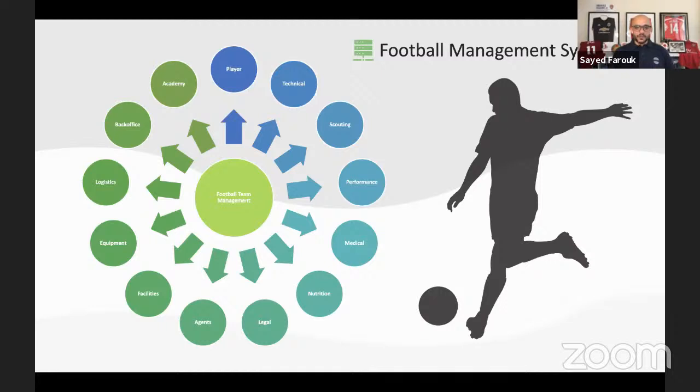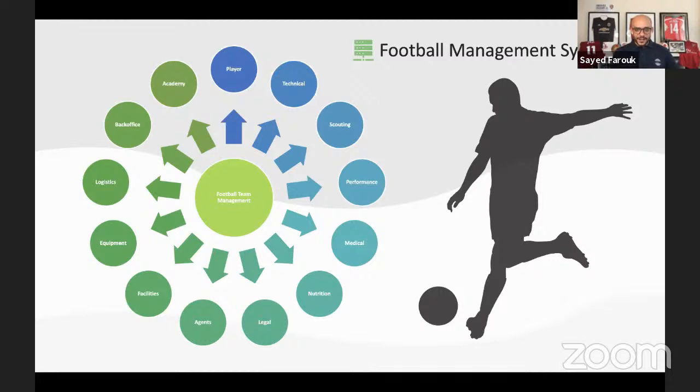academy management as well. And even within the academy, you get the parents of those players. You would like to know some information as well, and we send them this information in the form of notifications on their mobiles. And we basically say your kid will have a training on that day, from that time to that time, and the schedule is here, and that's what they're going to do. Sometimes they know what they need to eat, what kind of nutrition they need to consume, for example. So this one platform that connects the entire club together is really very beneficial for the entire football